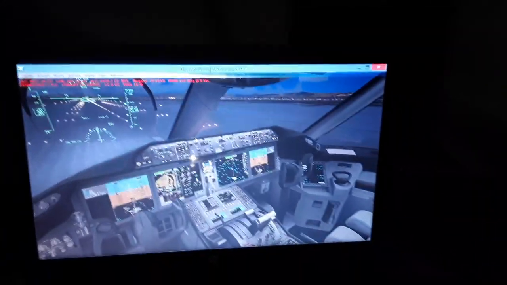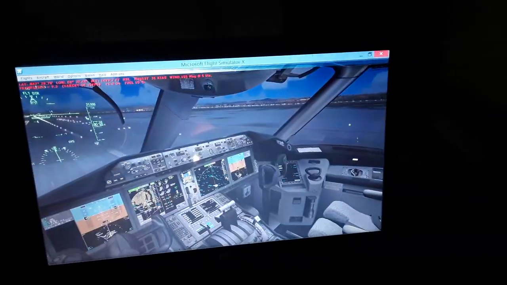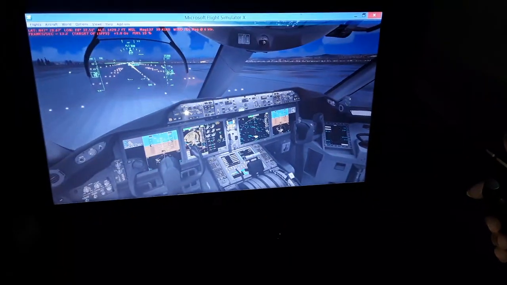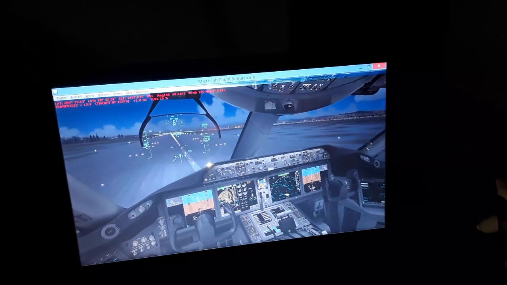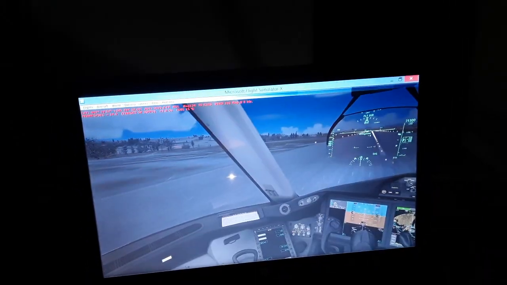So we advance the thrust levers when we align the center line. As you can see, we'll take off also here. And we push the yoke down until 80 knots, or the side stick in the Airbus. Same thing, along with the rudder pedals. So we have 80 knots,